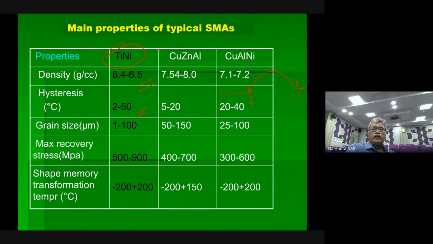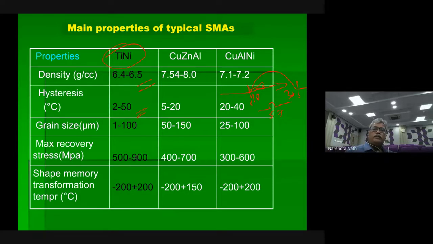So you can design. Suppose I want a very quick return mechanism, so my hysteresis is only this much. Say it starts at 5 degree, it ends at 7 degree. Suppose I want longer hysteresis. It starts at 10 degree and ends at say 30 degree, so this much work area is there. It's a kind of holding time. So if any delay is there, you can go for longer hysteresis.